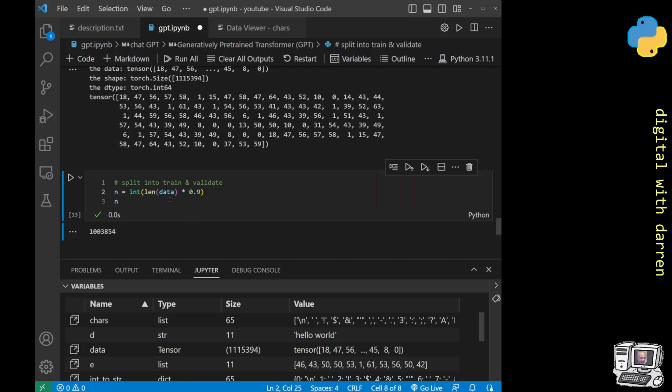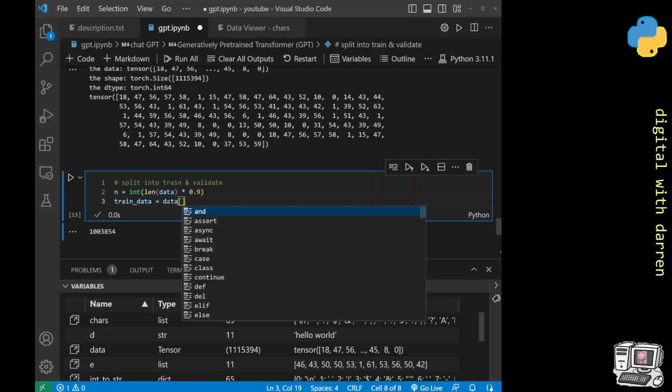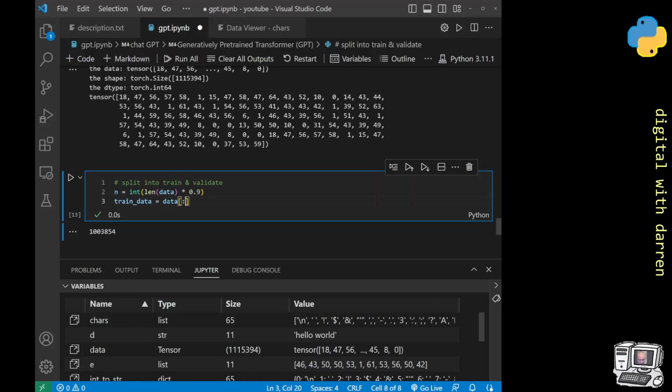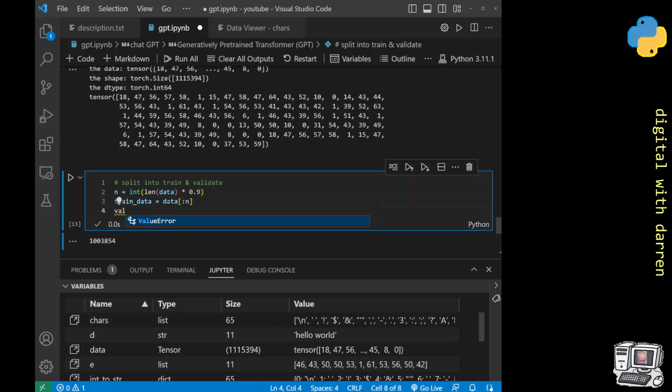So let's set our training data. Train data is equal to data, and it's everything up to n. That will be our training data, and our validation data is going to be the balance of it. So it's going to be data